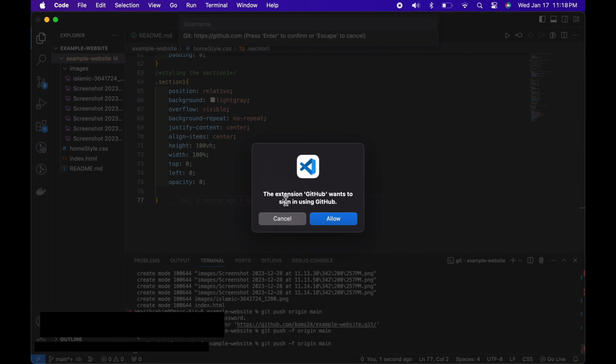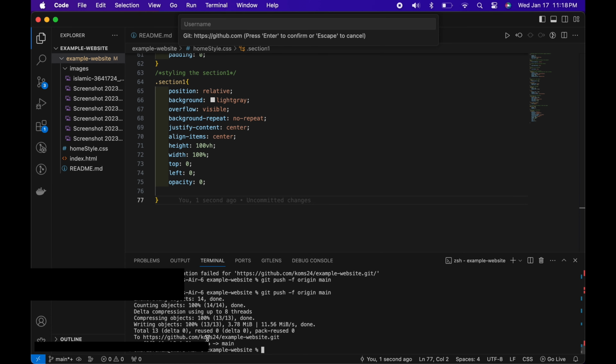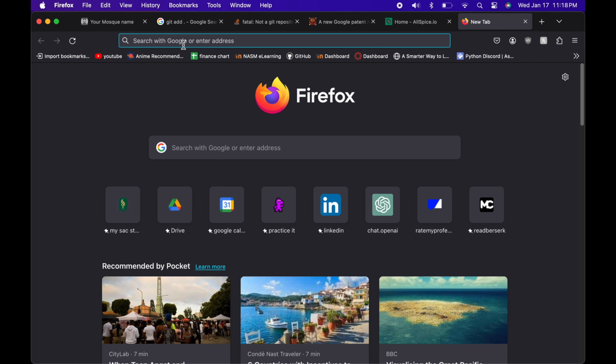Push -f, which is force origin main. Now it asks you to sign in using GitHub. Hit allow, open link. And now I think it automatically signed me in, but if it asks you to sign in, just type in your password and your username and you should be good. Now that's done, we can close out of the GitHub, close out of the VS Code, and we can go to GitHub,